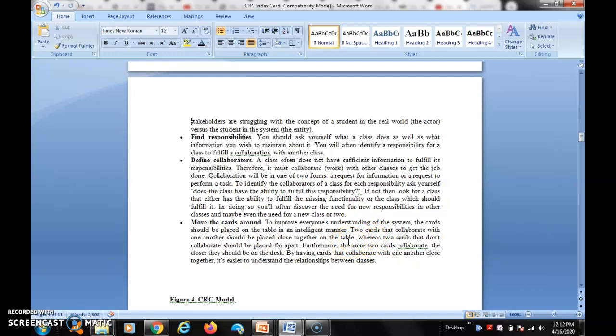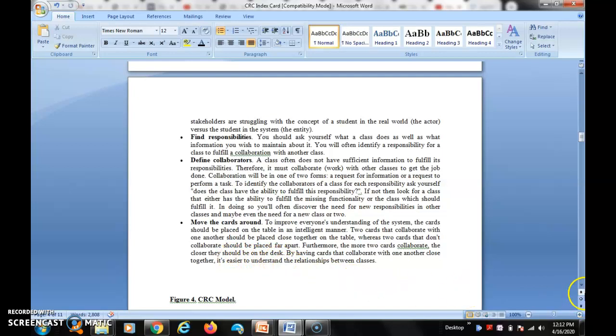The two cards that collaborate with one another should be placed close together on the table, whereas two cards that do not collaborate should be placed far apart. Furthermore, the more two cards collaborate, the closer they should be on the table.